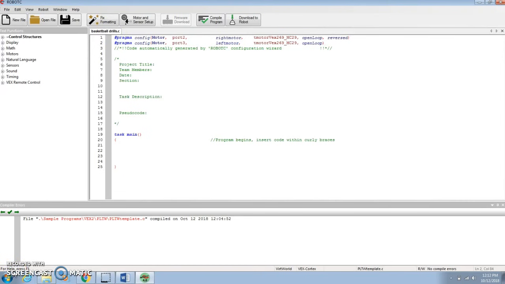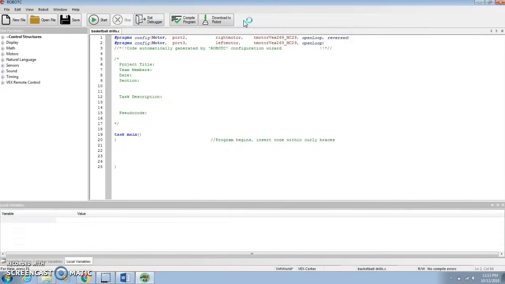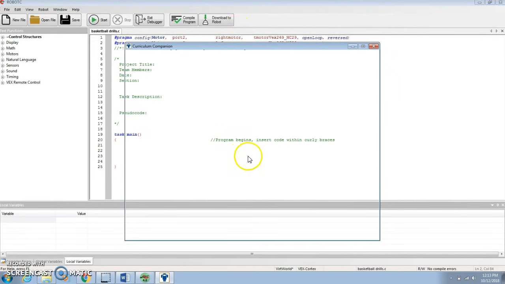Now I'm going to explain how to use the virtual worlds part of ROBOTC. Even though we don't have any code to make our robot move, I'm going to show you how the program itself works. Video 2 will cover how to write the actual code. If you click Download to Robot,